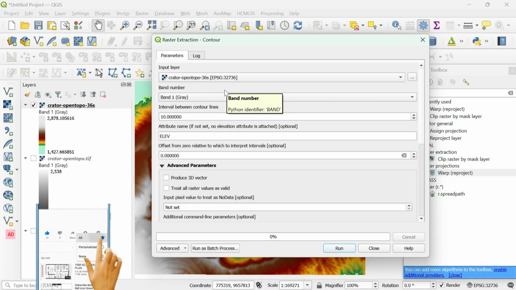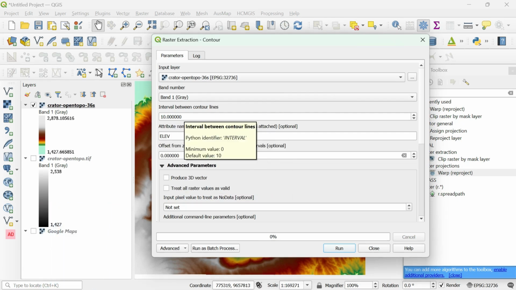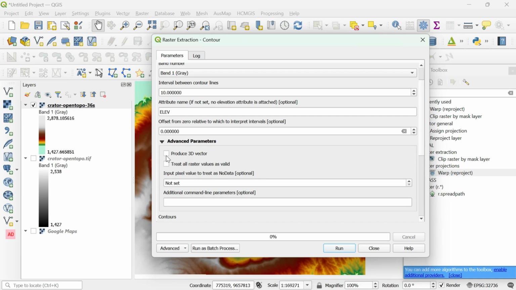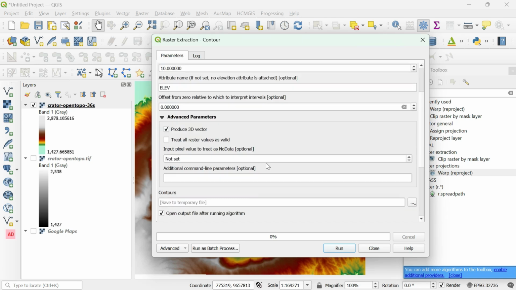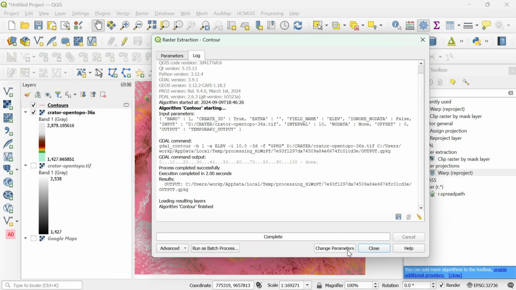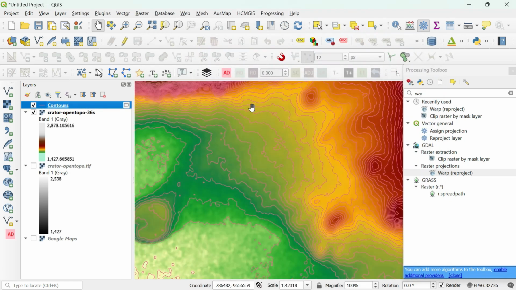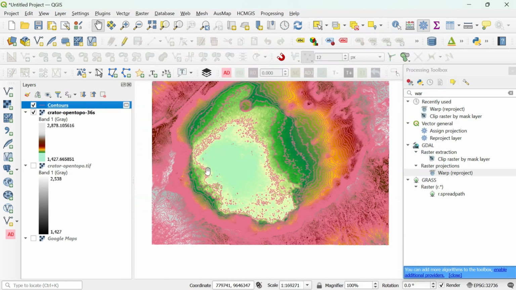And 10 meter interval. If you give 5 meter, then it will take much time to create, and produce the 3D vectors. Okay, run. Yes, it's finished. You can see it easily now.